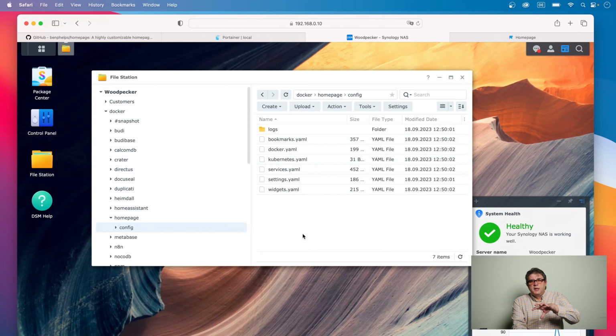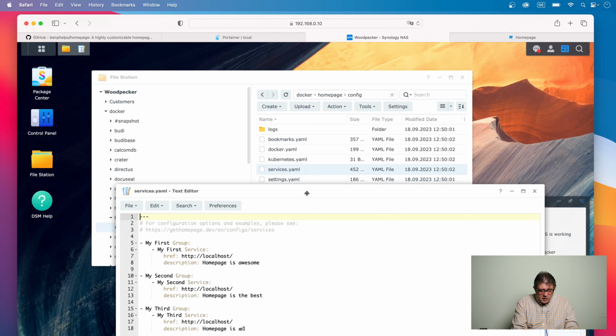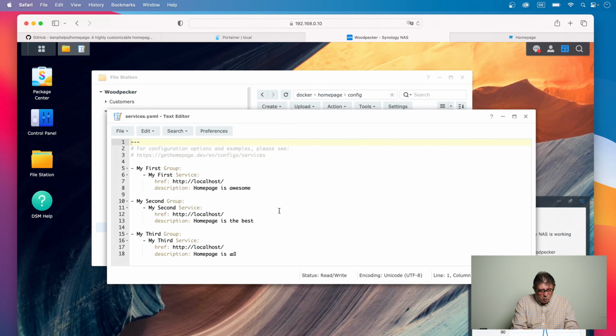And as you can see, the installation procedure on Portainer, basically the deployment, has already created these files for us. And now we can start looking through these things. Basically everything happens in the services.yaml file. In this video, I'm explaining how to install everything which you need to edit these things, namely the text editor. And if that's installed, you can just double click on the services.yaml file and it opens in the text editor, and you can basically give it your